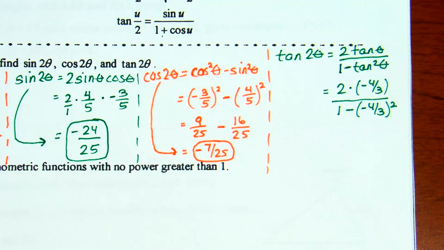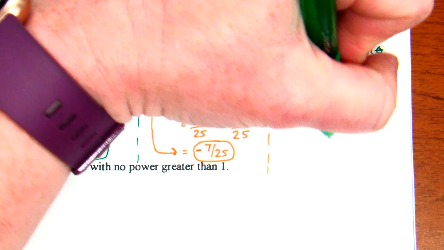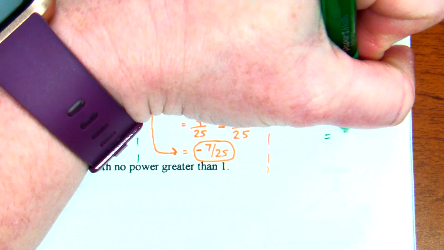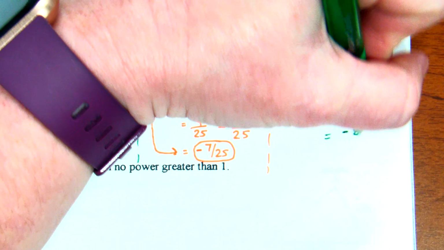Okay, on top, 2 times negative 4/3. Negative 8/3, because 2 as a fraction is 2 over 1. So you multiply 2 over 1 times negative 4 over 3, and this is negative 8/3